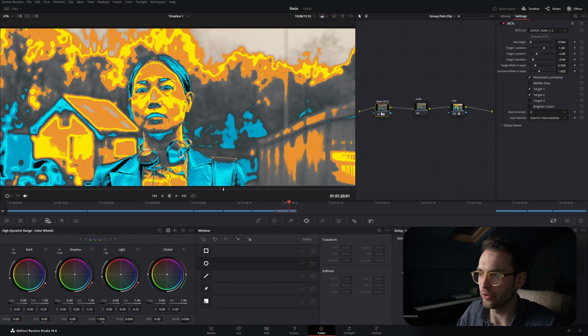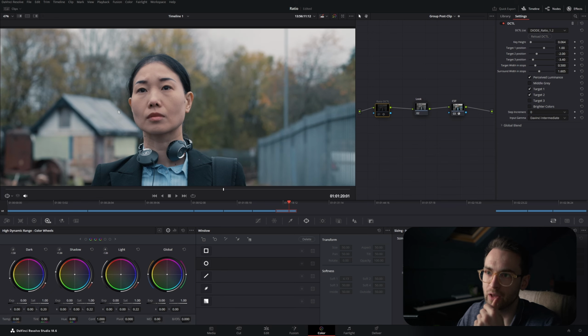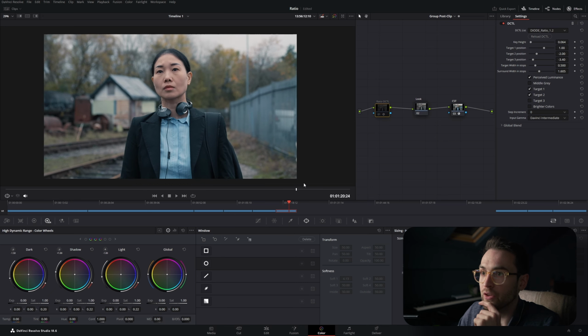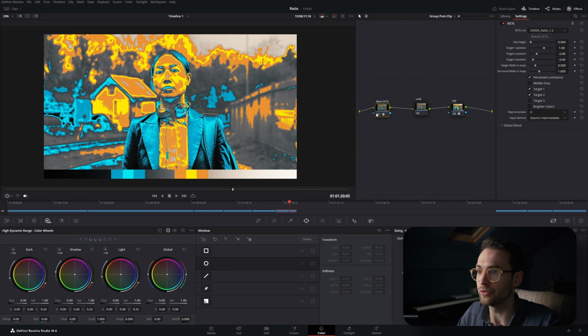So the contrast from the background isn't so great either. If I was shooting the talent against the shed over there, for instance, you'd have the problem with the face being exposed pretty much exactly the same as the shed over here, and it'd be really flat. It's quite fortunate that we have this tree line here to allow for a reasonable contrast between the face and the background. It's not so bad, but it's flat, and the DCTL is telling us that it's quite flat as